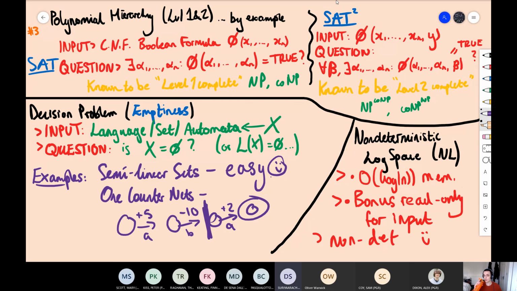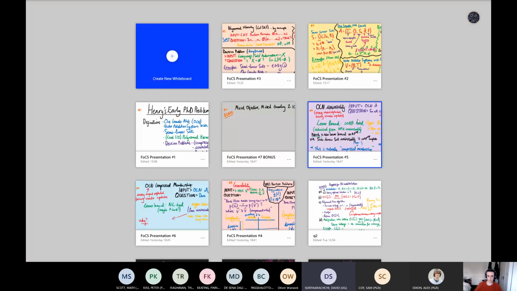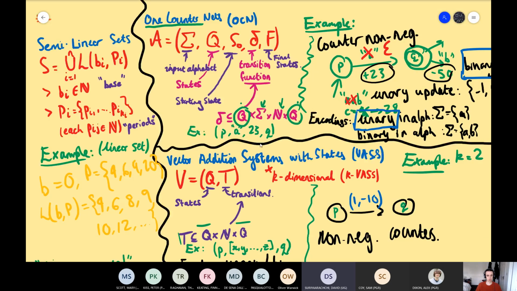So just to make sure I get semi-linear sets properly, it's basically an offset base plus a span, but you can't do negative coefficients for your span vectors. Yeah, basically. I didn't make that super clear. You can only add elements from PI, and PI have elements from the natural numbers. So everything in S will be a natural number. If you think back to the chicken nuggets problem, you can't have negative quantities of chicken nuggets and you can't have negative multiples of chicken nuggets. They must be positive in both senses. So yeah, cool. Yep, I get you.